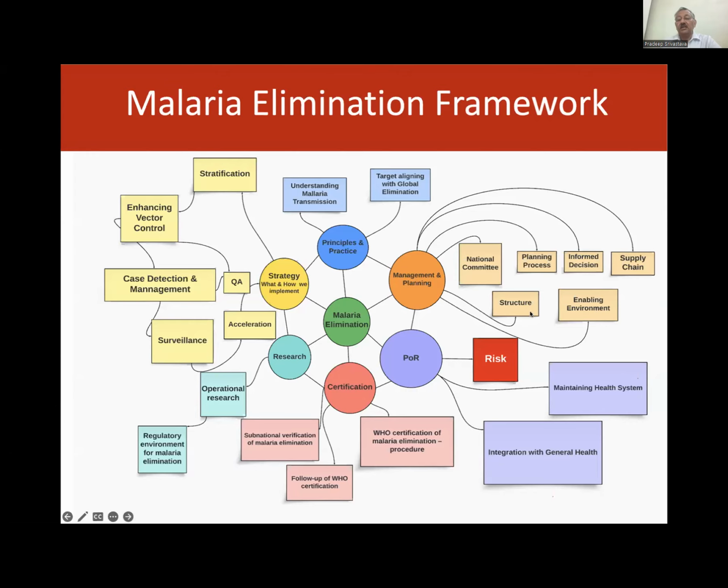The structure has to be, to do this planning process, there should be an institutional structure. Where should the program person go if he or she wants to seek some advice or some approval? What structure is actually governing the whole system? And then the environment should be made properly. It should be an enabling environment. These are basic concepts of the